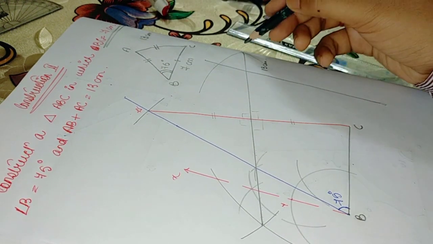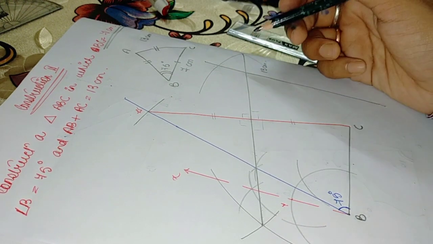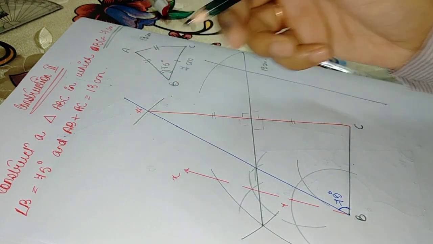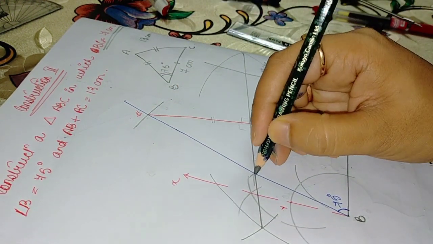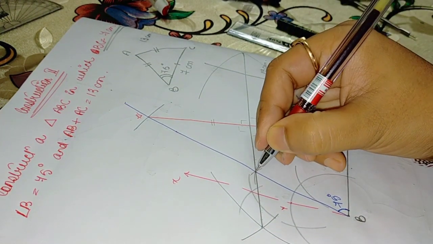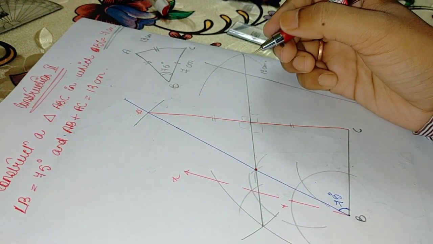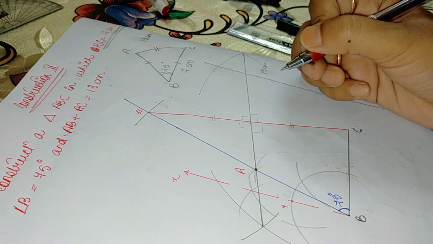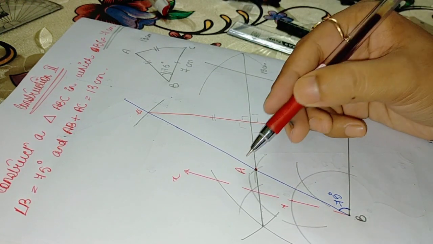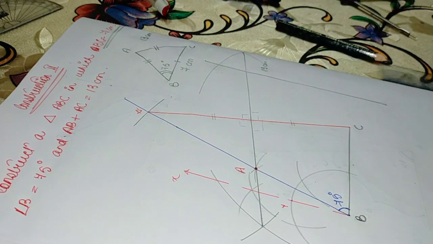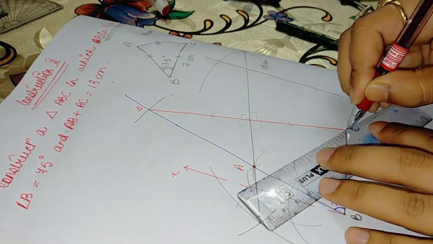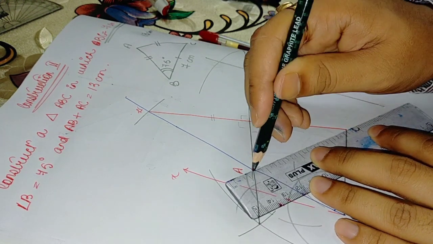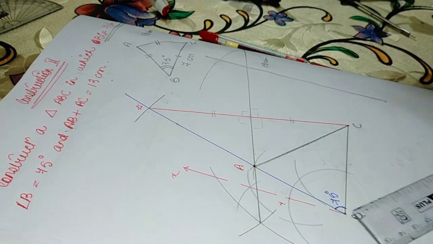Okay. Now when I was drawing the perpendicular bisector, it crossed the arm BZ, isn't it? At a definite point. Can you see the point? Yes, it is clearly visible. This particular point I will mark as A, and I will join AC. I will join with the help of a pencil, then it will be more visible to you. Can you see?